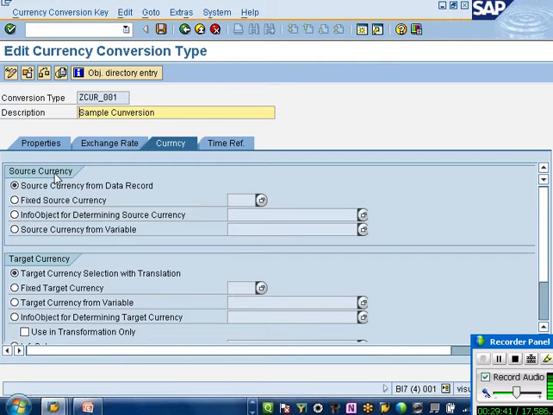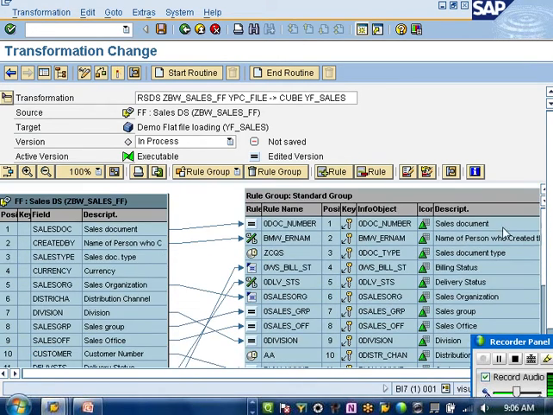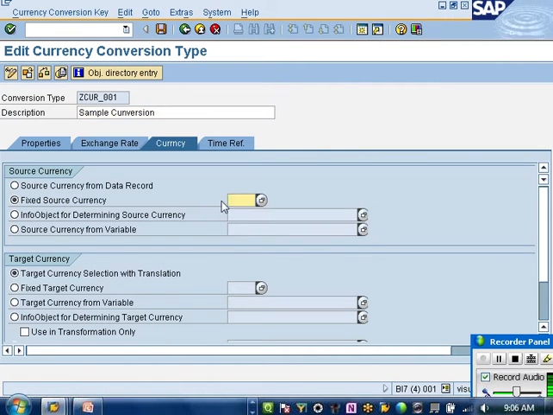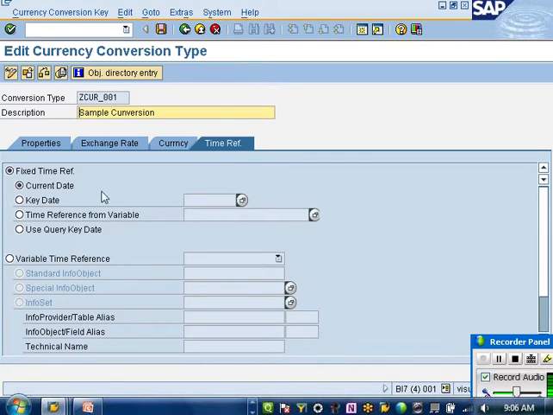For this formula, you have multiple options. Now, if you look at the transformations, I have this amount field, and there is a currency column which is giving the currency. So the incoming currency should be my source. Or I can say fixed currency is INR, and the target currency I want to convert to is fixed currency USD. And then with time reference, I will say it's not the current rate.